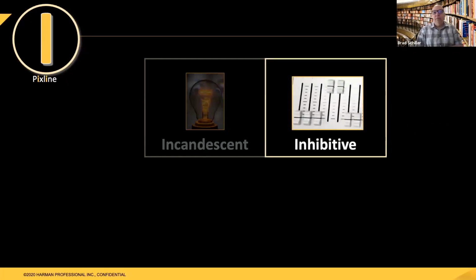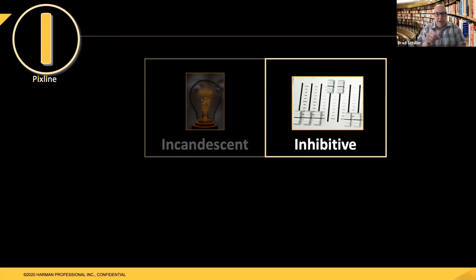Inhibitive is a type of special playback that will remove parameters from subsequent playbacks. It's similar to a custom grandmaster, if you will, in which you can dim down selected fixtures on a single fader. So for example, I can assign my upstage truss onto an inhibitive fader for intensity. Now, as I dim that down, it behaves like a mini grandmaster just for the upstage truss.